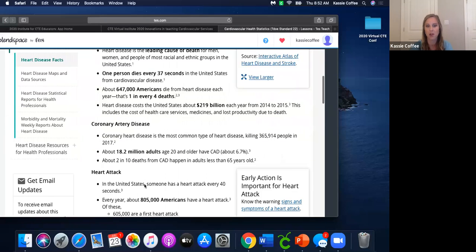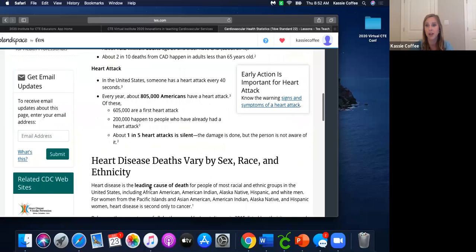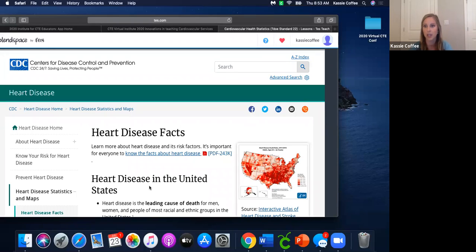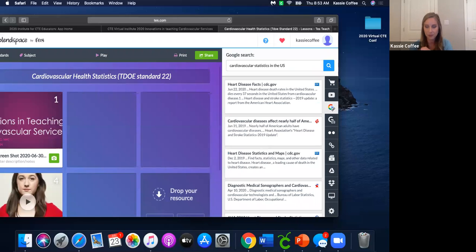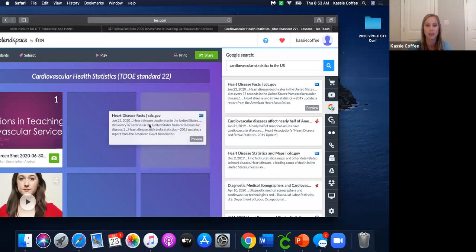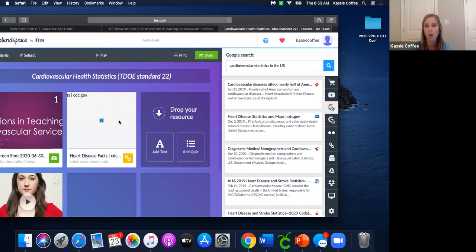It talks about coronary artery disease. So you think, okay, great, this is a tool. This is basically a workbook on this. This is what I want to use. So you'll hit the escape button, come over here, and just click and drag. I'm going to drag it into my second box because this is something I want them to start with. If this is like a starter video, you put it in the order that you want them to go through your module.